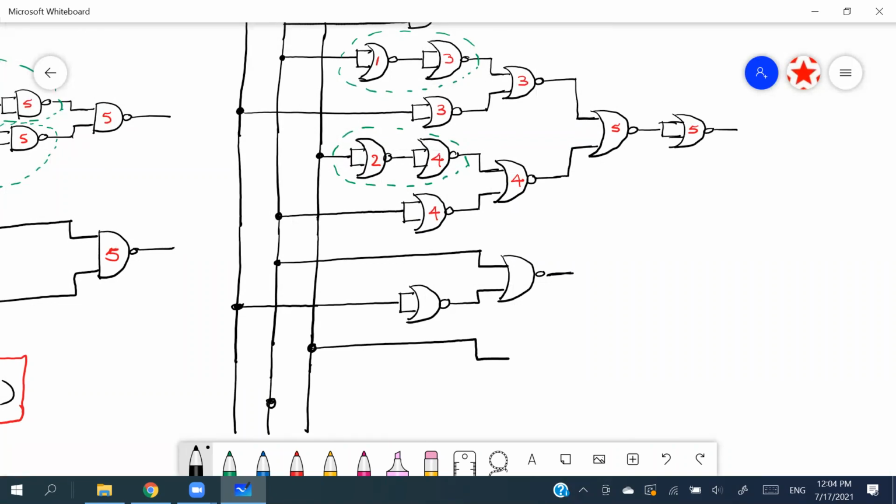And this goes like this. And it goes through another OR gate. So here it comes